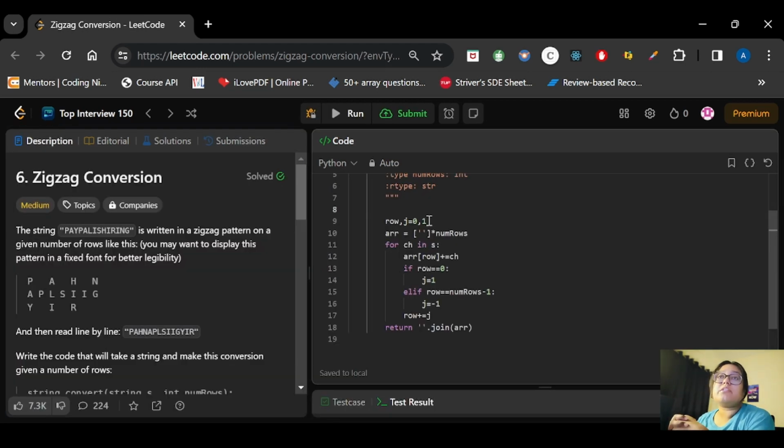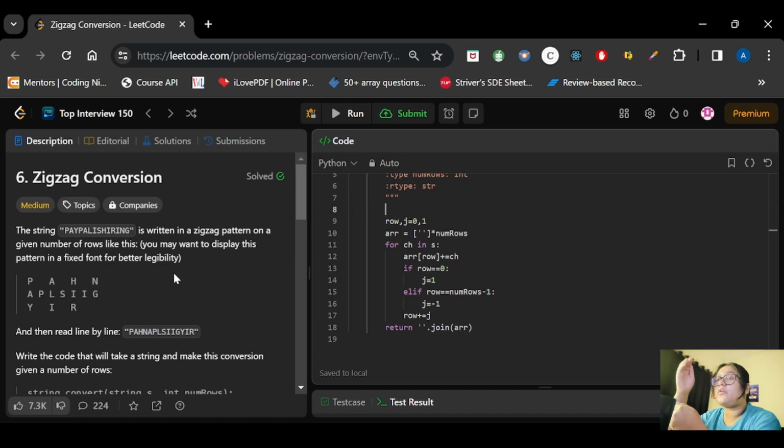Actually, I missed out one edge case. If we have the number of rows as 1 only, then we will simply be returning the string, right? Means if we have been given PayPal is hiring and the number of rows is equal to 1, then we don't have to do any iteration, we will simply return the same string. Also, let's say the length of a string is 10 and the number of rows that we have been given is also 10, then we don't have to iterate in that case also.